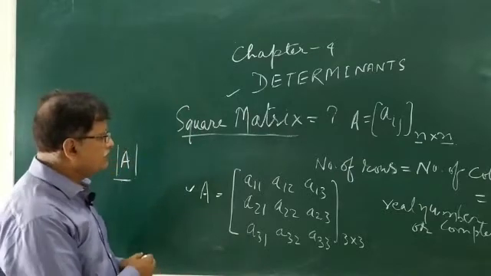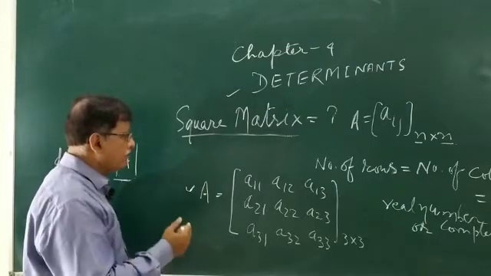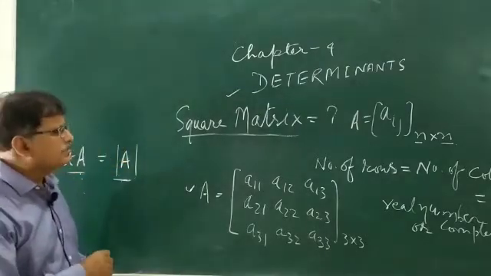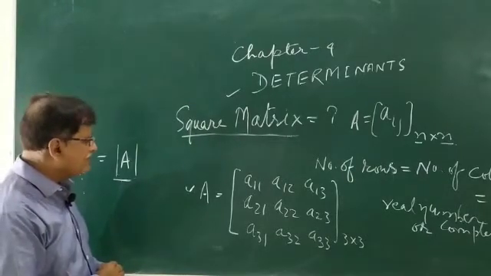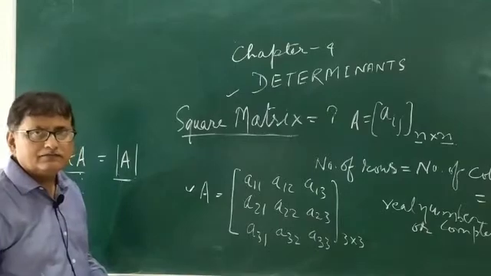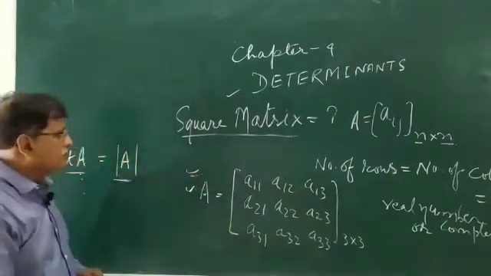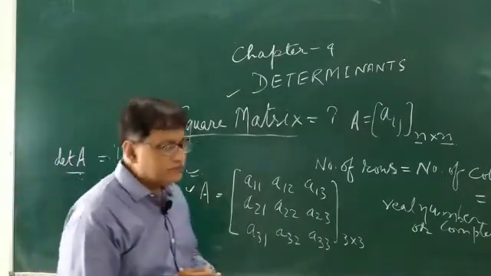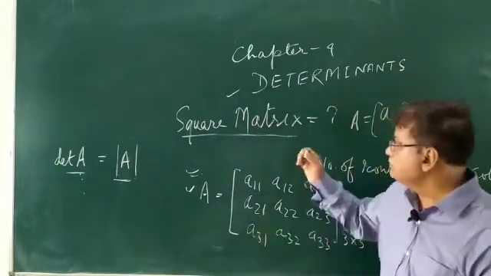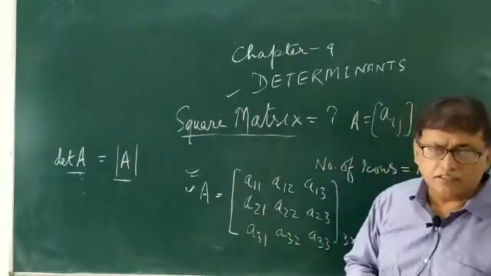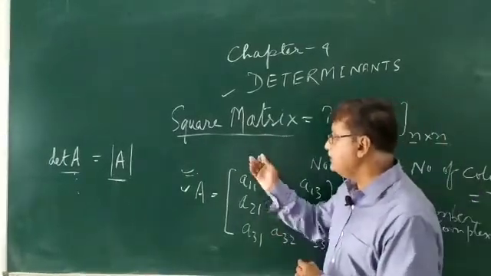So we are just confined to order 1 by 1, 2 by 2 and 3 by 3, not more than that. Usually we can't find the value of 4 by 4 and 5 by 5, but you see how to find. Is that clear? I think it is very clear. So again I am saying, determinant is nothing but a particular value which is associated with the square matrix. It may be a real number or a complex number. So a number which is related to this square matrix is called determinant.